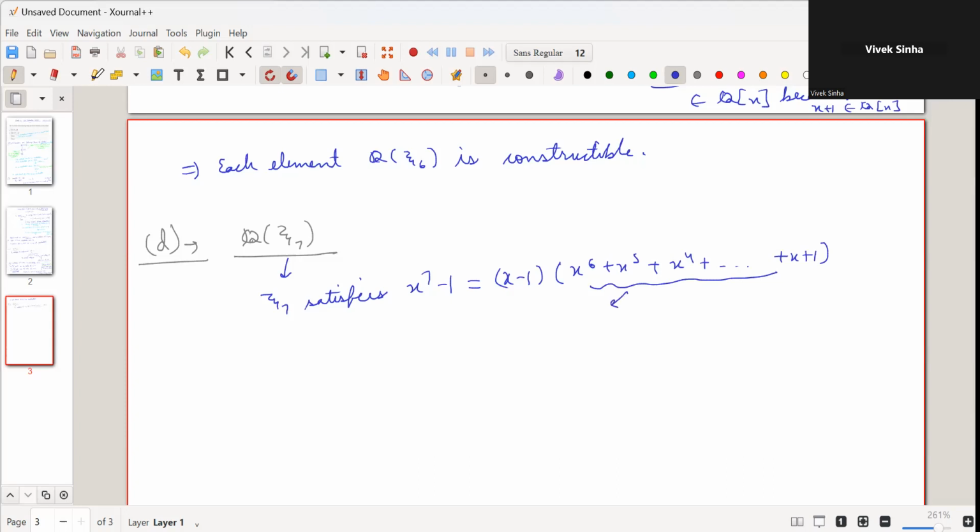Now this polynomial we saw in one of the lectures. This polynomial is irreducible. Why? Because